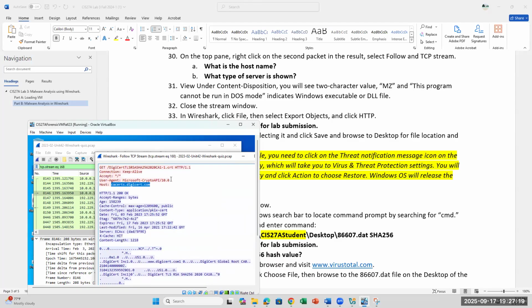And then your agent, your user agent. So whenever you see user agent, that will pertain to application or OS. So that's like a service, or the type of server it is usually user agent. But so if it's a web server, it will say IIS for Microsoft. So when I see crypto API, I already know that it is a digital certificate server. So you can just record this. And then